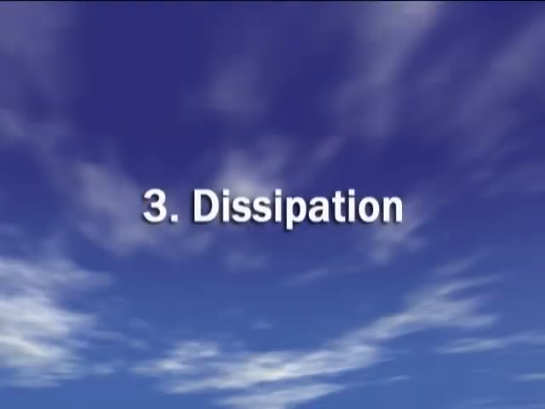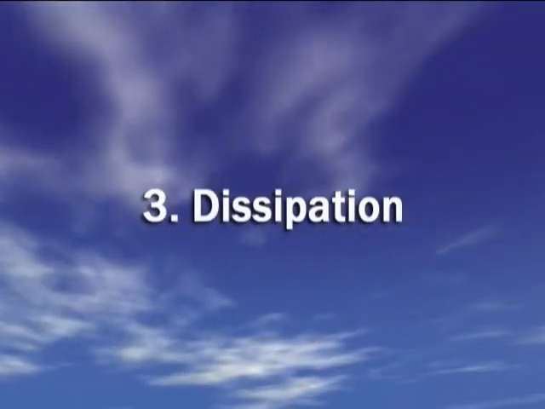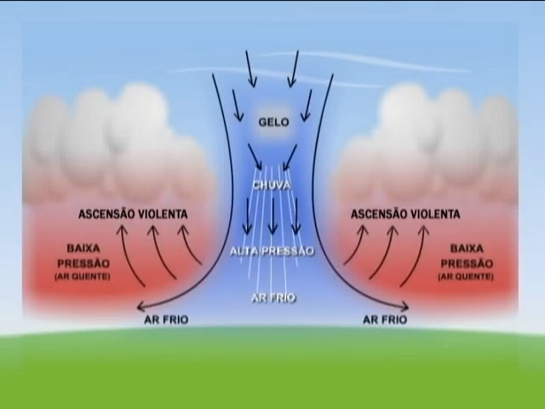Why is it important for us to move away from the cloud when the maturation phase begins? The maturation phase is announcing the dissipation that's going to be dangerous for us. In dissipation, the cloud, which was an entire low pressure and had all that mass, is going to begin to collapse. When this cloud begins to collapse, in that region where it's raining, where the cloud is evaporating, where it's ending, there is the formation of a high pressure. A huge high pressure is formed right there, very violently.